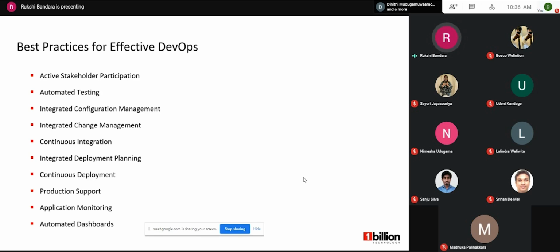So the other one is integrated deployment planning. So the DevOps approach means operations engineers will be closely involved with the developers when it comes to planning the deployment of products as per an organizational deployment schedule. So the seventh one is continuous deployment.